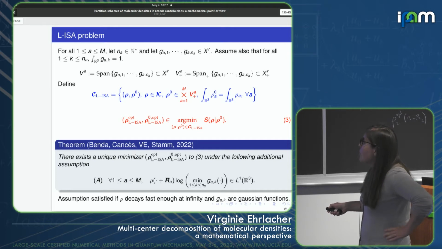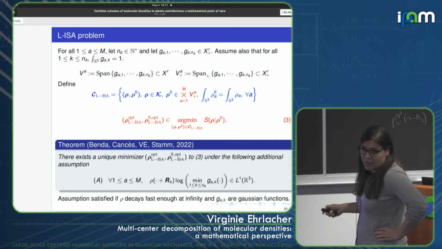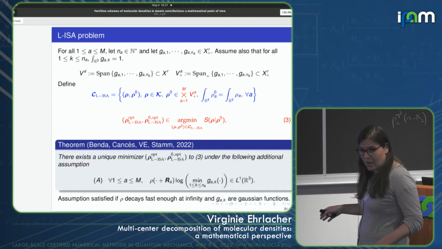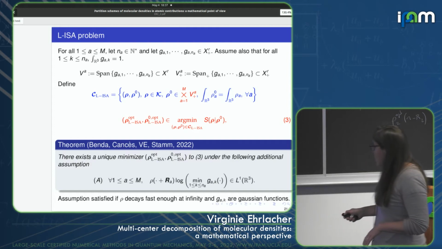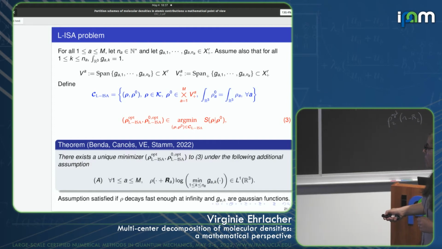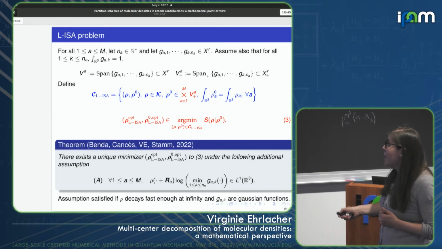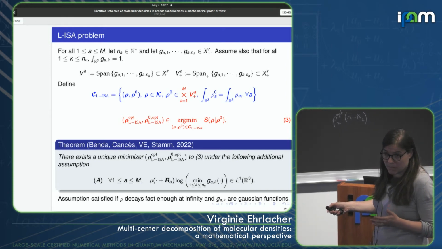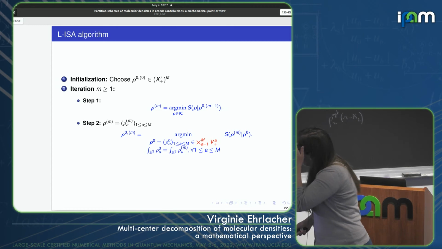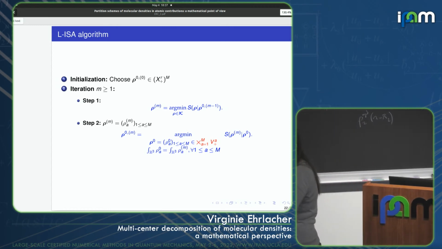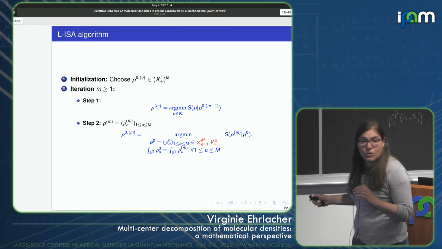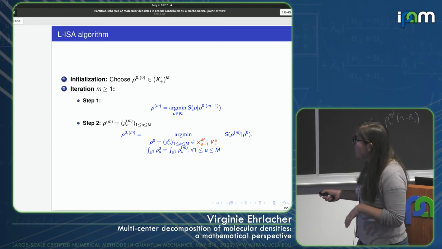What does it mean? It means, for instance, that the G_AK cannot be 0 on some parts of R3. Okay? And it means also that this rho has to decay fast enough at infinity. For instance, this assumption is satisfied if rho decays fast enough and these G_AK are some Gaussian functions. Okay? And so you can write a very simple analog to the ISA algorithm, which is